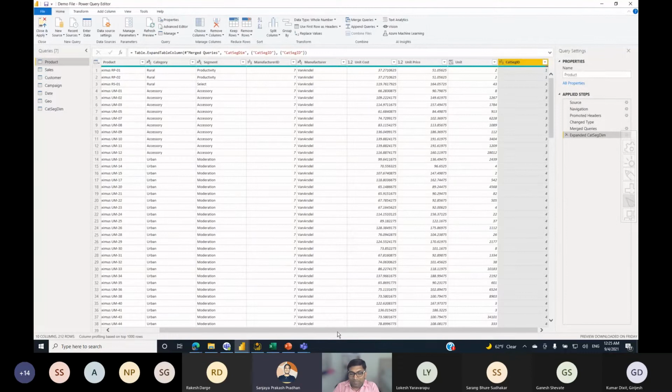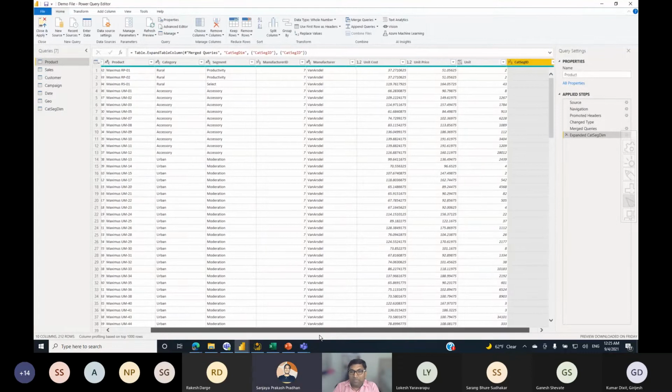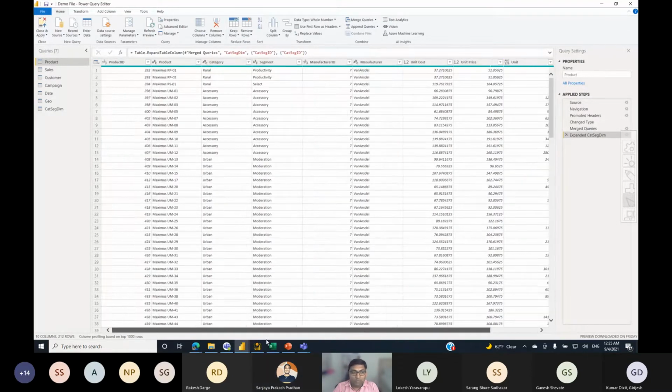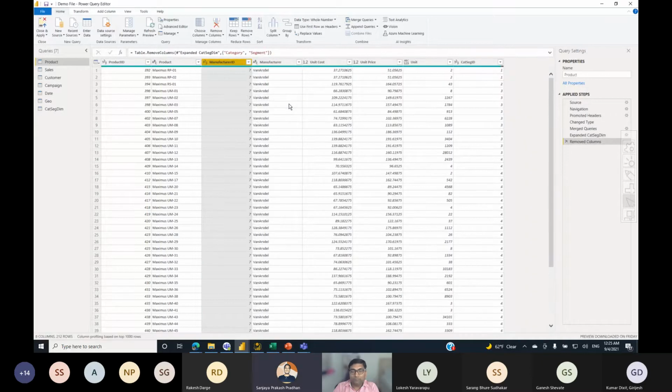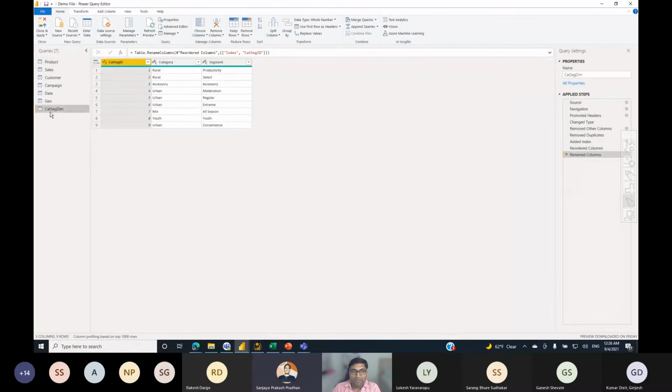So if you guys do simple math, how much size a number is taking and how much size these two columns are taking, you will see we are not only saving the space, but also making an easily readable format. Now, as I already have the reference, I am going to delete these two. So now I have fewer columns here, and also I have the option for category and segment.